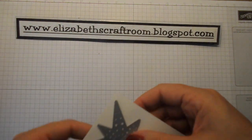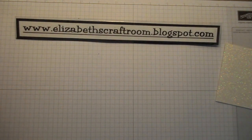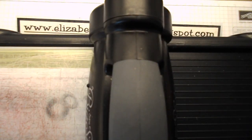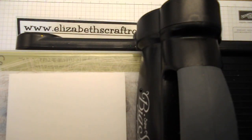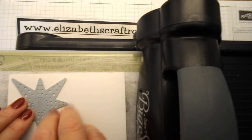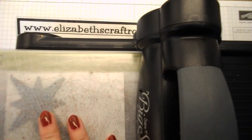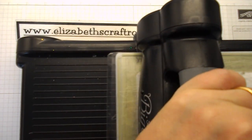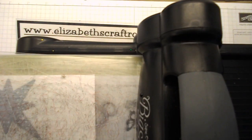But we're just going to use the die today, and I'm going to cut this out of the Dazzling Diamonds glimmer paper rather than the gold today. And when you cut, using your Big Shot, when you cut glimmer paper, you're going to turn it upside down. This gives you a much better cut, and you'll see on this die it is absolutely perfect, because we're going to have some score lines on the back which we can easily see to use. So I'll just run that through the Big Shot,